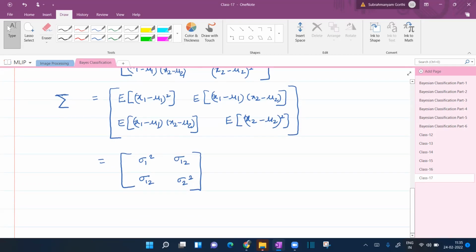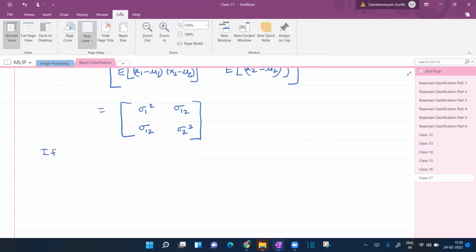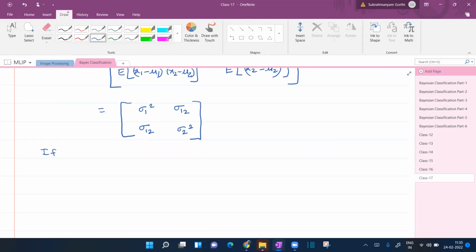This is the covariance matrix, and sometimes, if the variables x1 and x2 are statistically independent,